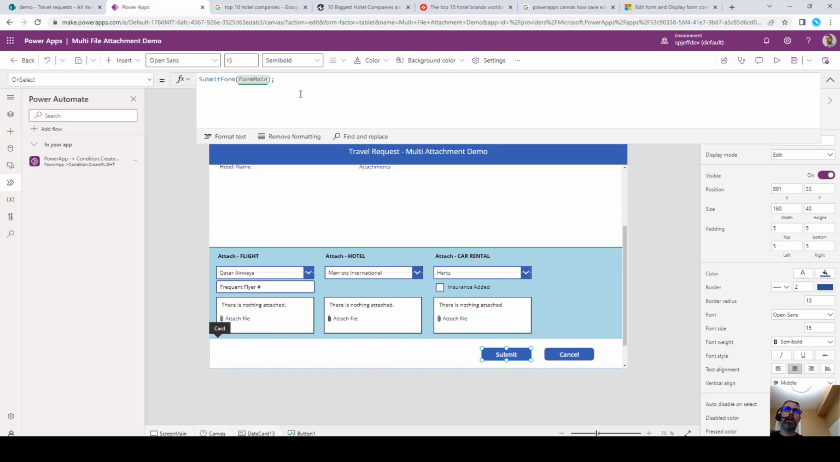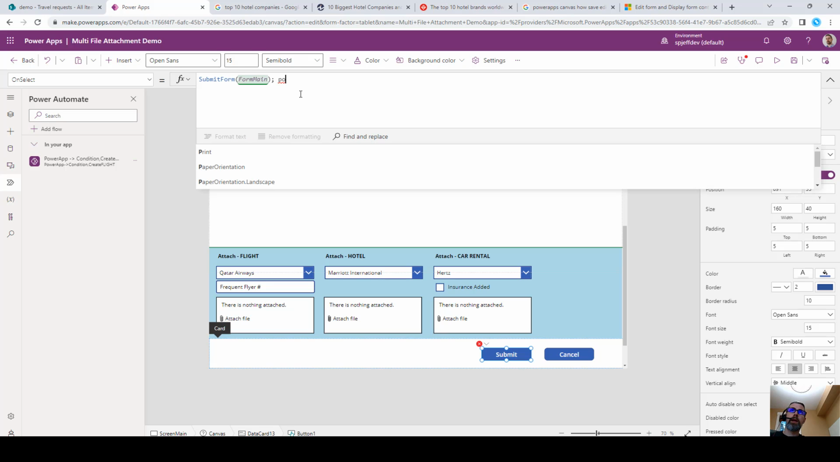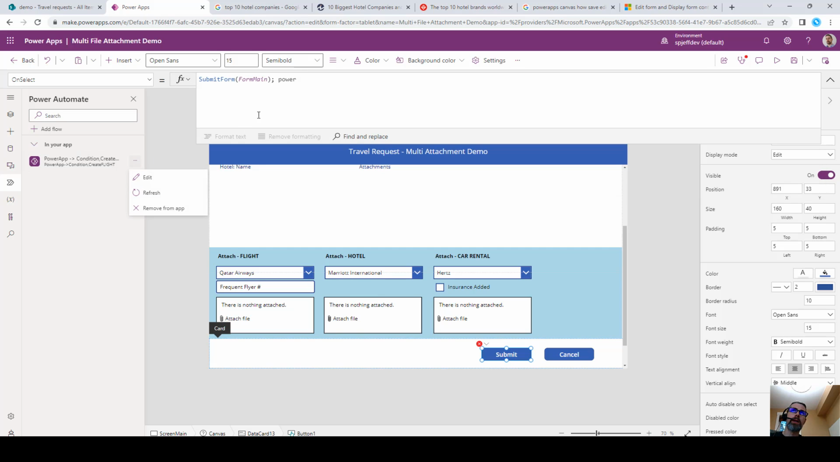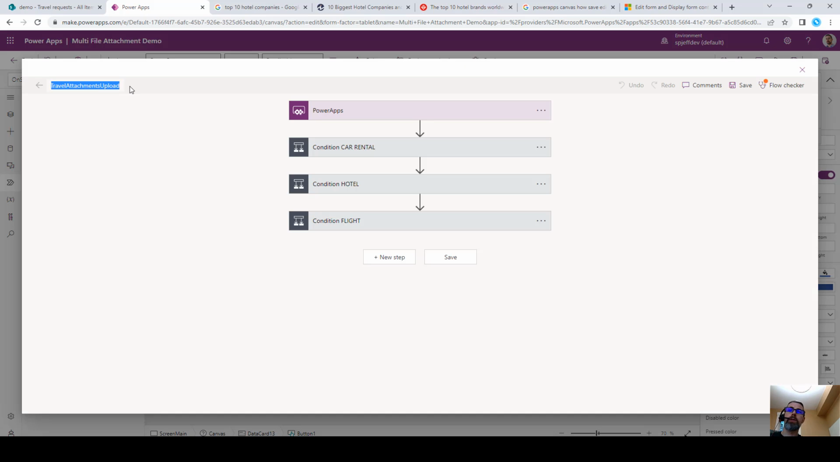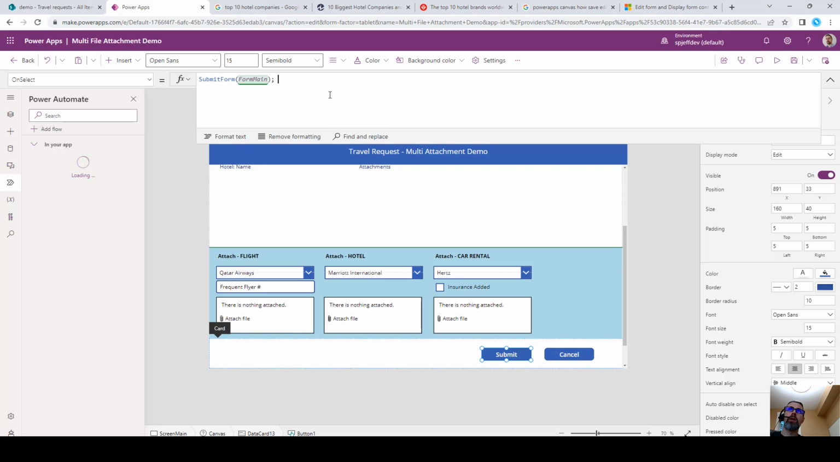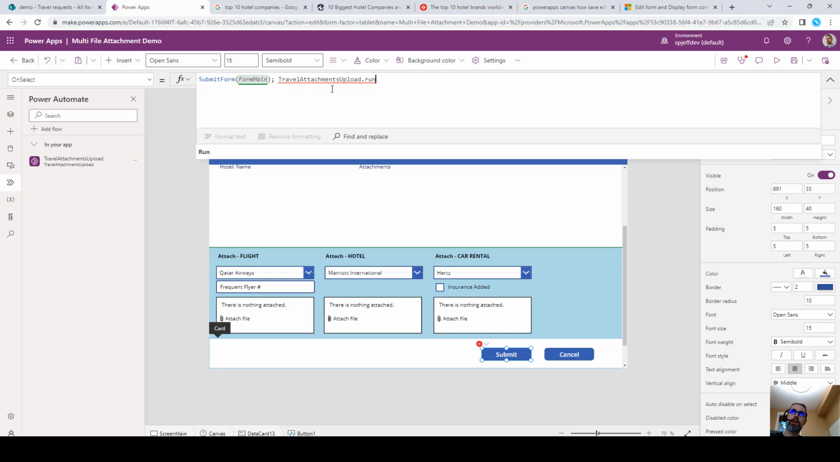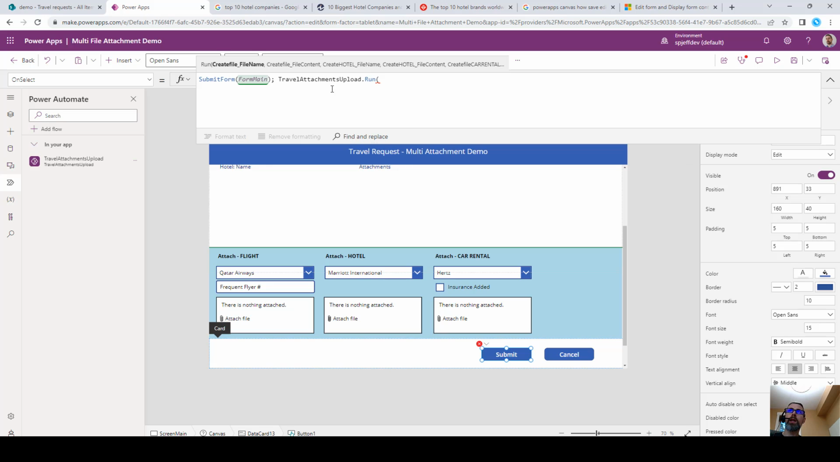What we end up with down here is this Power App for the condition create flight. Kind of a messy name. I wonder if we could give that a little bit of a better title. Travel attachments upload. Good. All right, so now that that's saved, on our submit, travel attachments upload dot run, and now we need to